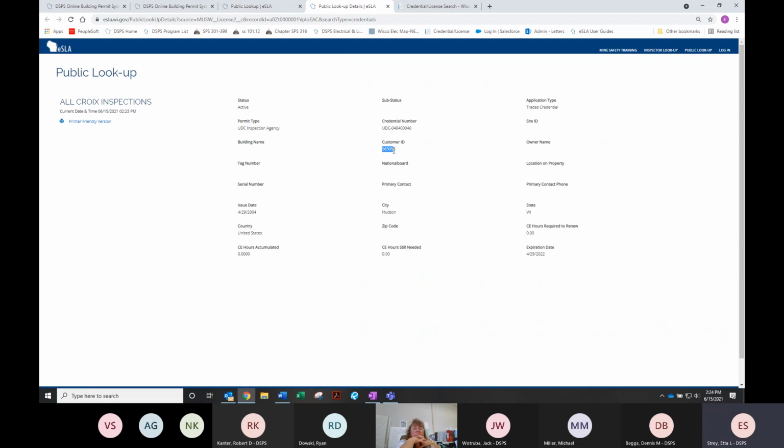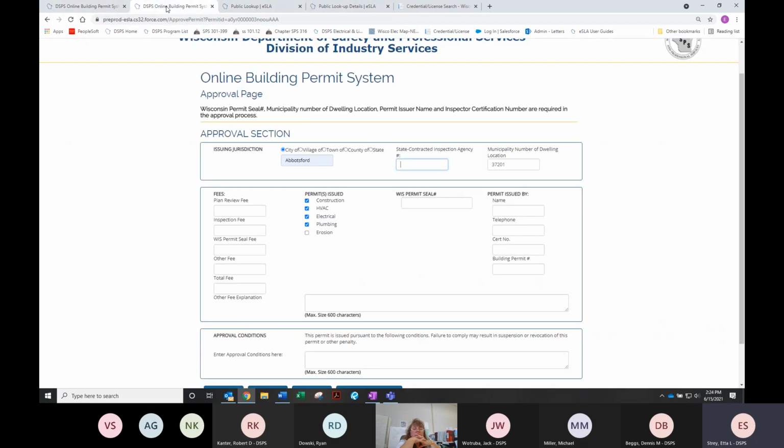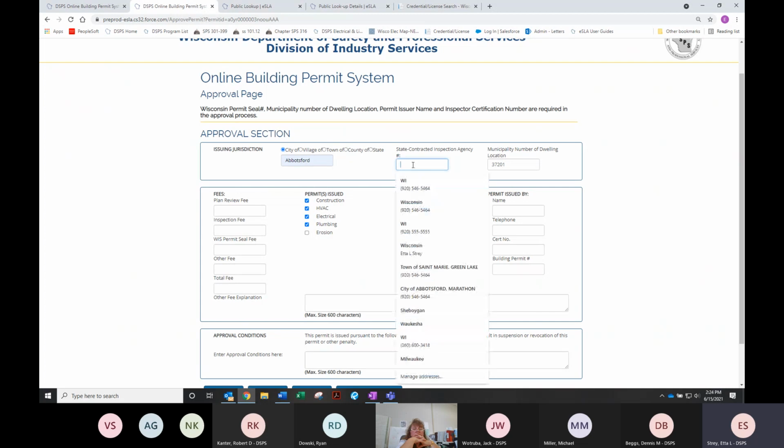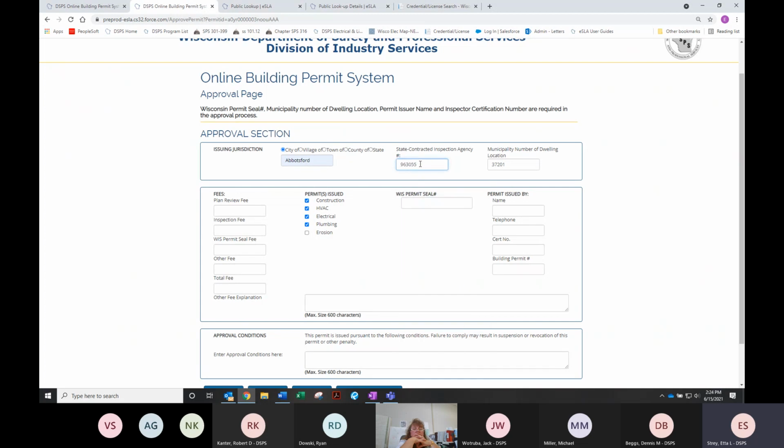This customer ID is this number here, not the credential number. So it's a little confusing. It's a little misleading at this moment. I'm not sure if this is going to change in the future, but just know that that's what is required to put in this field. It is validated. So if you do not put in a valid customer ID here, it will not let you proceed. So let's add some review fees, other fees